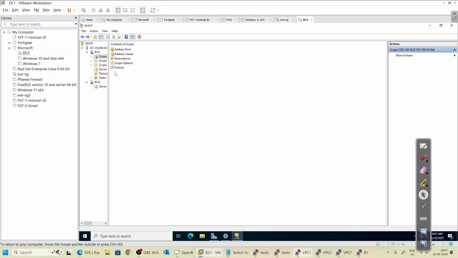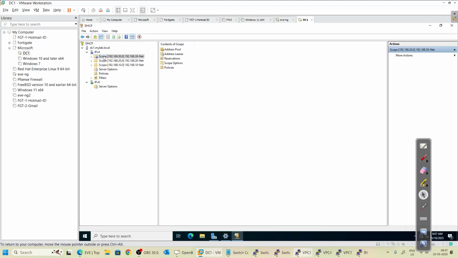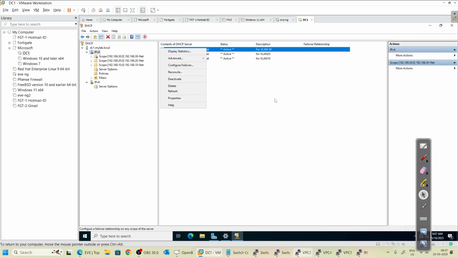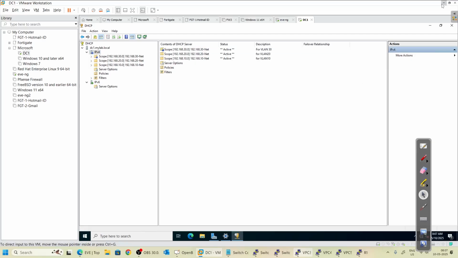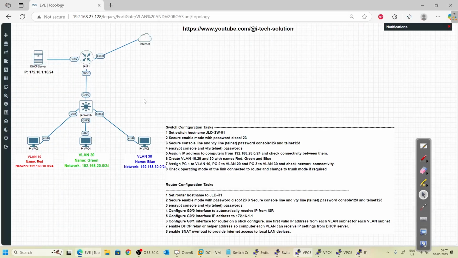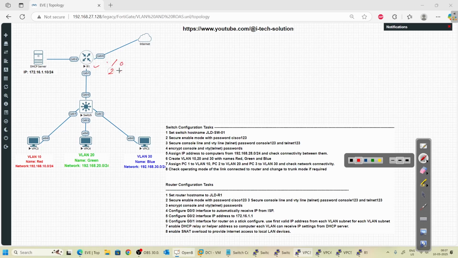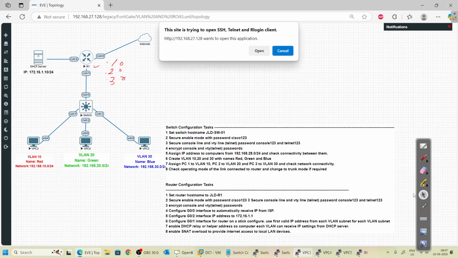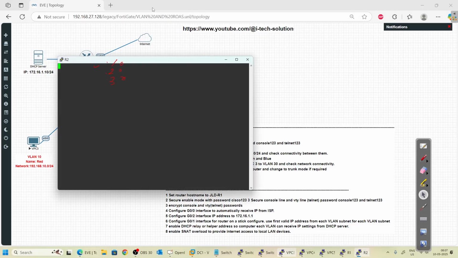Okay, now that I have created these scopes, I have three scopes, but what happened to this scope? I see a question mark here. Okay, the scope is active. Nice. Now we go back to our topology, and as we have already set the helper address on all the sub-interfaces .10, .20 and .30, let's see if our computers can now get an IP address